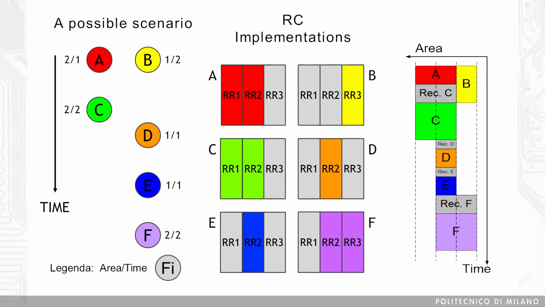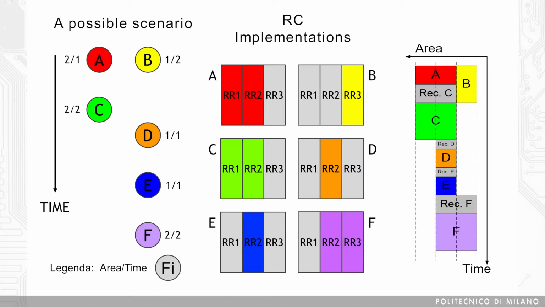Within this context, we are assuming the following sequence of calls: A and B, C, D, E, and F. With such a sequence of calls, given our mapping decision, even by using partial dynamic reconfiguration, we cannot do better than the execution proposed in the figure. A and B can be configured together on the FPGA because they are not sharing any reconfigurable regions. As soon as the C service functionality is called, it has to wait for A to complete its execution because of the structural hazards on reconfigurable region 1 and reconfigurable region 2.